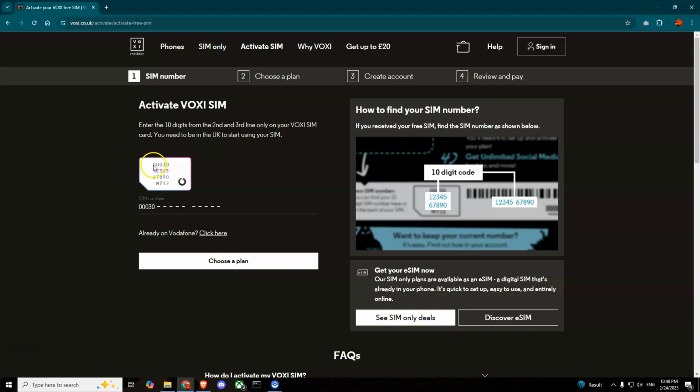So after the 0030 line, there is a second line and there is a third line. So there are a total of 10 digits. You'll have to enter them here serially. You will also get this number at the back of the SIM card here, and shown in the image as well. So you'll have to enter it correctly, and then